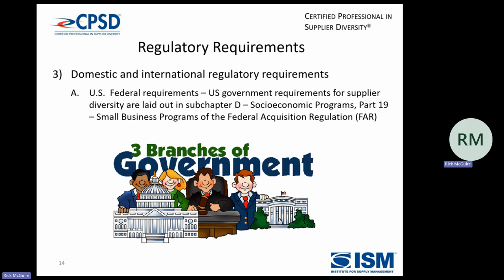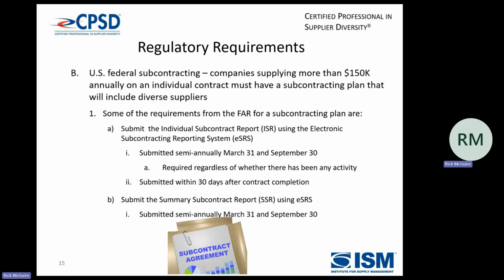Domestic and international regulatory requirements. U.S. federal requirements: government requirements for supplier diversity are laid out in subchapter D, Socioeconomic Programs, Part 19 of the FAR, or Federal Acquisition Regulation. U.S. federal subcontracting: companies supplying more than $150,000 annually on an individual contract must have a subcontracting plan that will include diverse suppliers. Some of the requirements from the FAR for the subcontracting plan are: